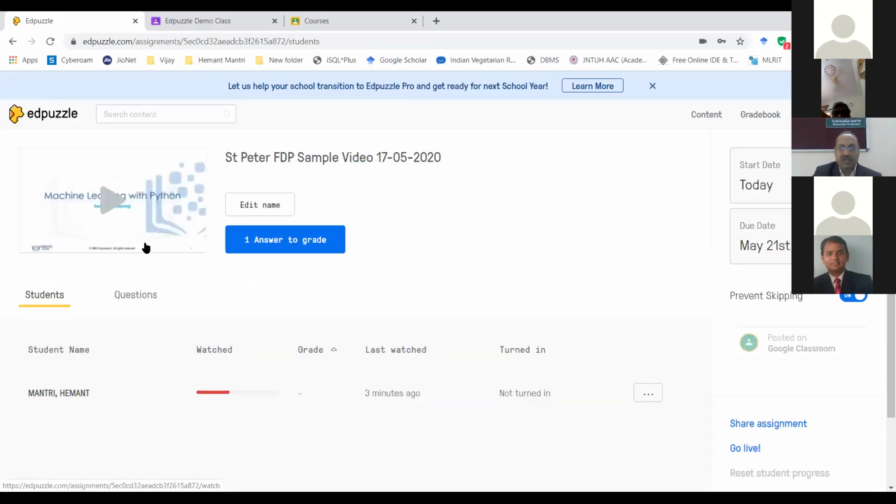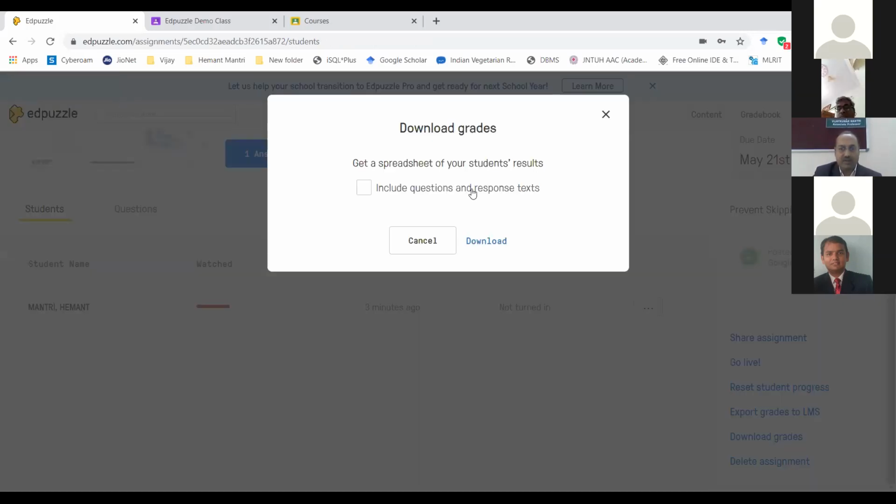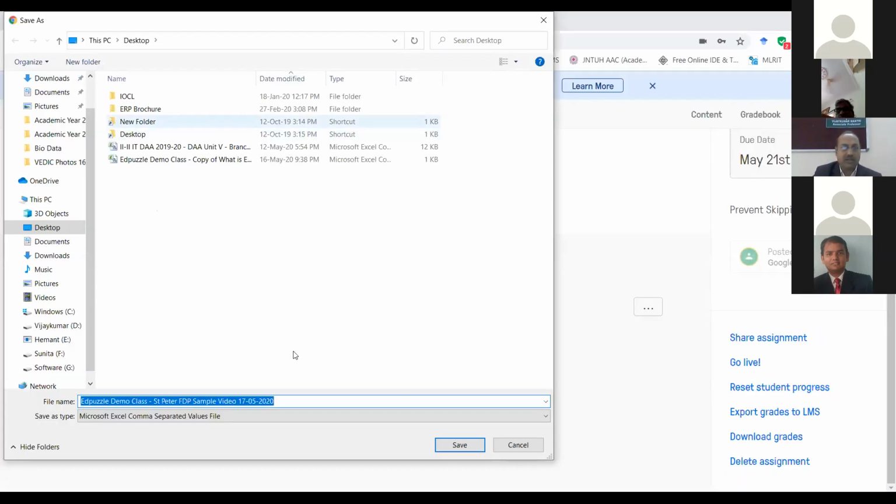So these are the basic things available here. Then we can export grades to LMS. I'll show you what the meaning of that is also. And download the grades. I'm downloading this one. I'll share it with you after downloading.